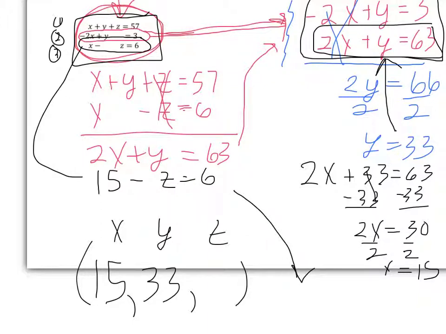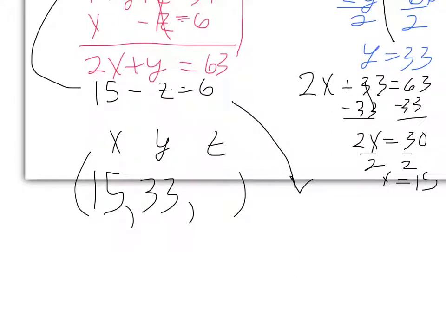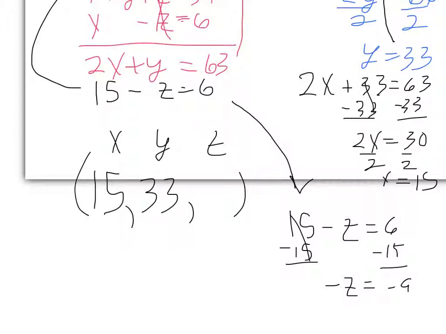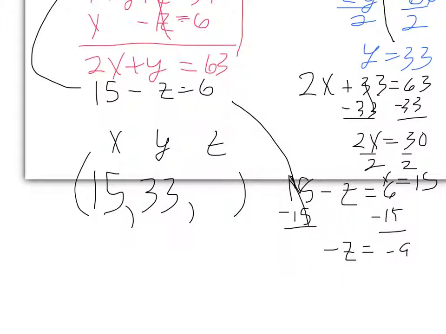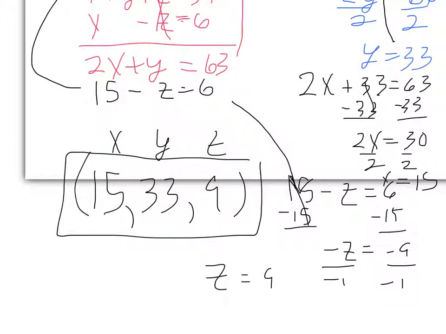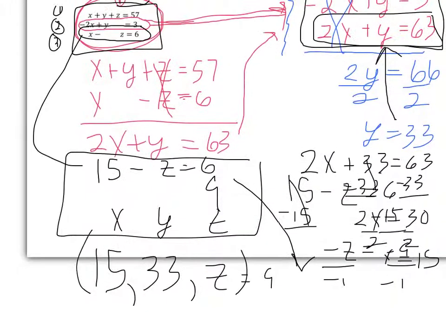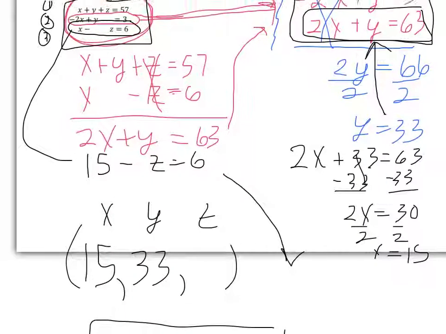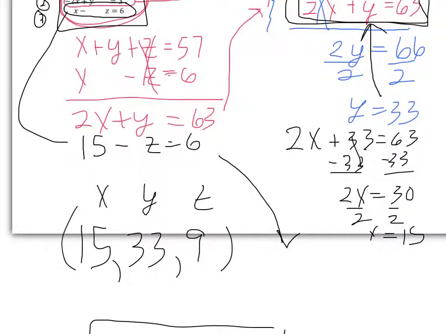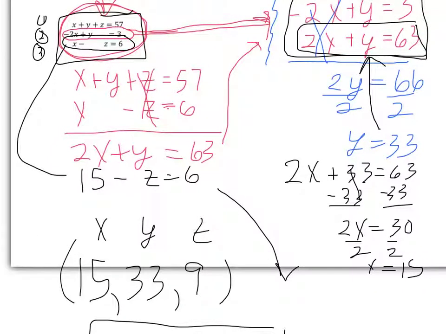So come down here with this. So our 15 minus z equals 6. Subtract 15. Cancellation here, so our negative z carries down. 6 minus 15 is going to be negative 9. And finally, if we divide here by negative 1, we get z equals 9. So the solution to that system is 15, 33, 9. And on these, just like the ones we had before, you can plug these numbers back in